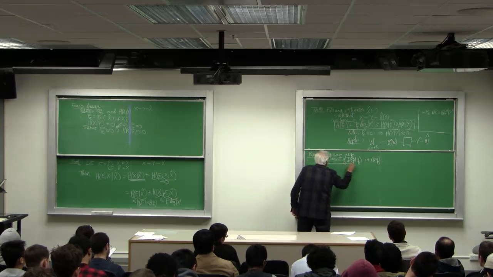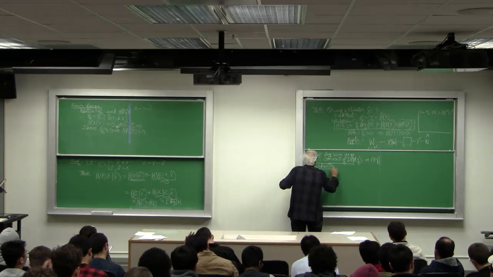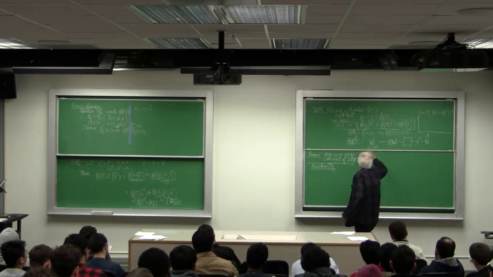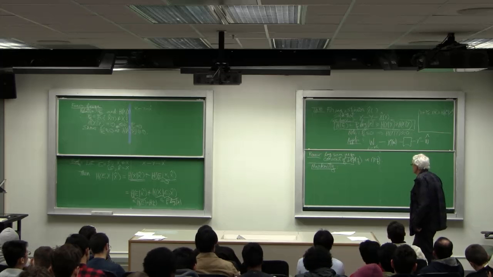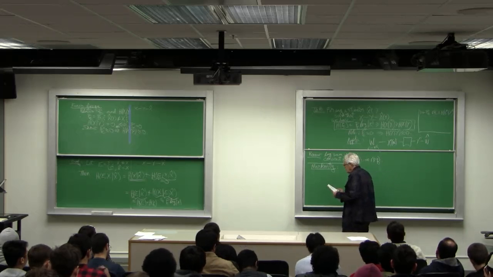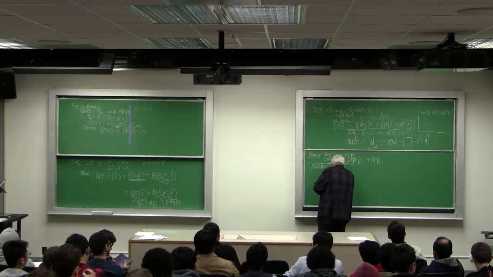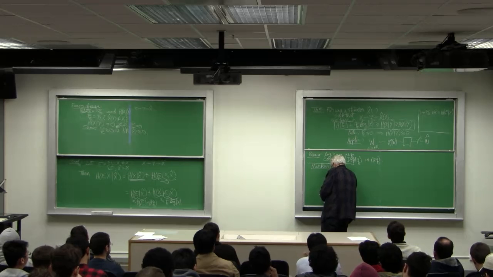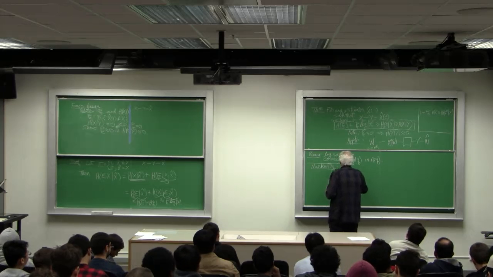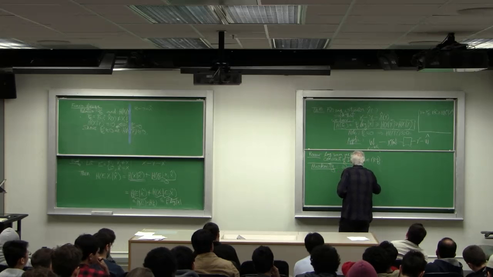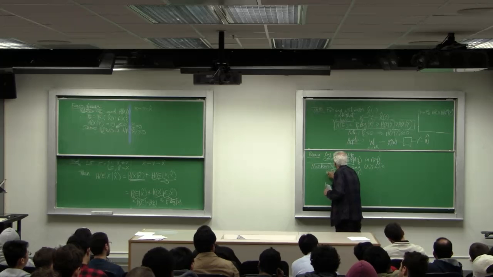Now, let's look at the question of Markovity. When we're done with this discussion, this particular part will become evident. We say X, Y, Z is Markov in that order.